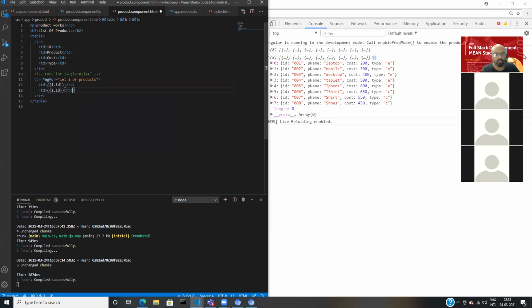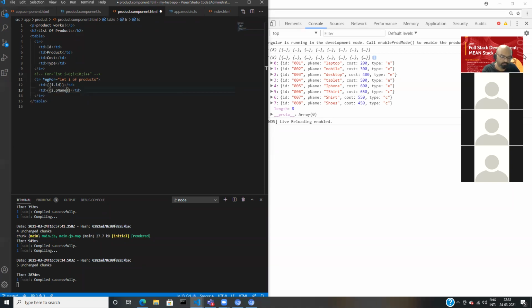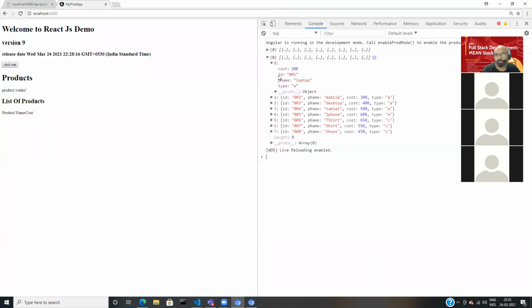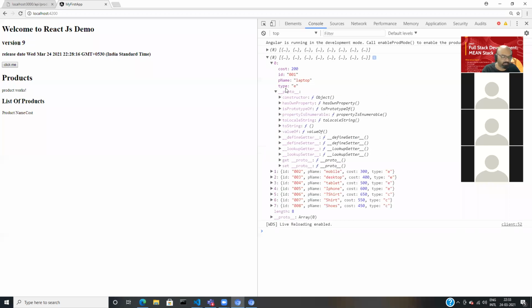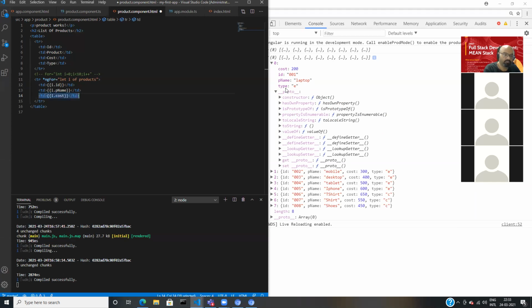If I wanted to print the product name, what should I type here? i.pname. Now I wanted to print cost. Yes, sir. i dot. See the object here, no? See the object properties: cost, id, pname, and type, right? So cost and type.